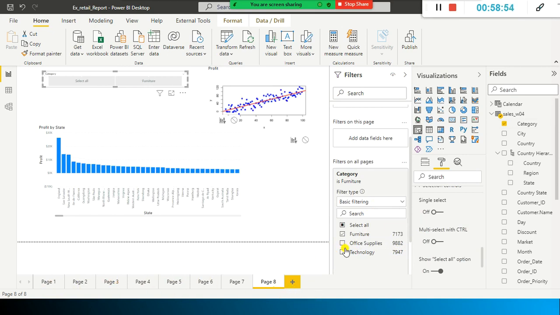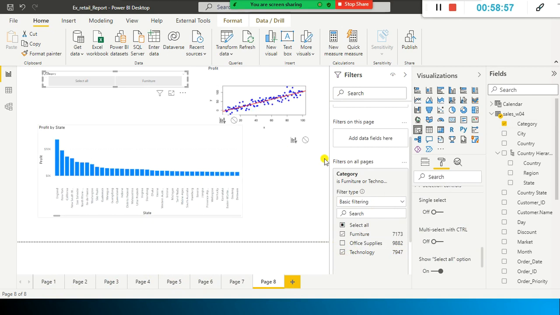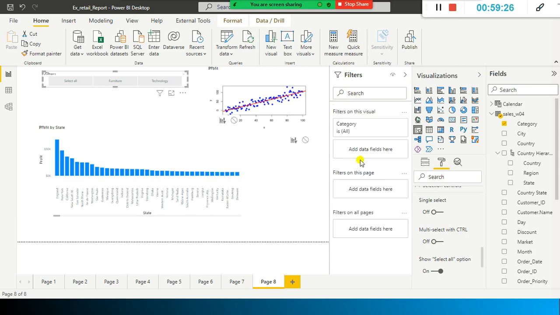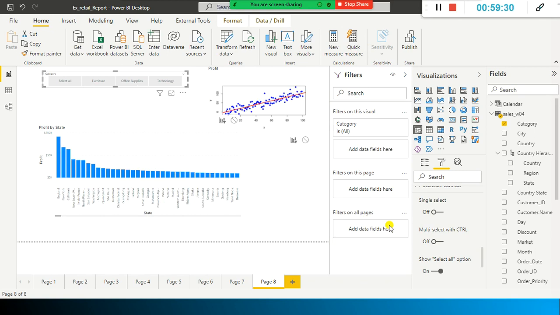Each page I have different visuals. I just want to enable this one. This filter will be applied on all the pages. Instead of going to each and every page, having a slicer and selecting each and everything, it's a painful thing. Apply this filter for all the pages. So in that case, we will be using the filter. It is a hidden feature. Though it is a hidden feature, you can apply it on all the pages, right? But this is not more user friendly. The user should know how to use the filter, and also they should know how to apply it on all pages or on this page, right? It's a painful thing. It is not much user friendly.